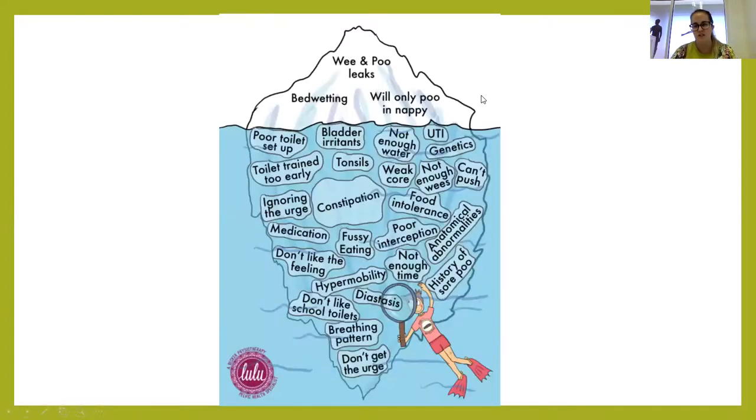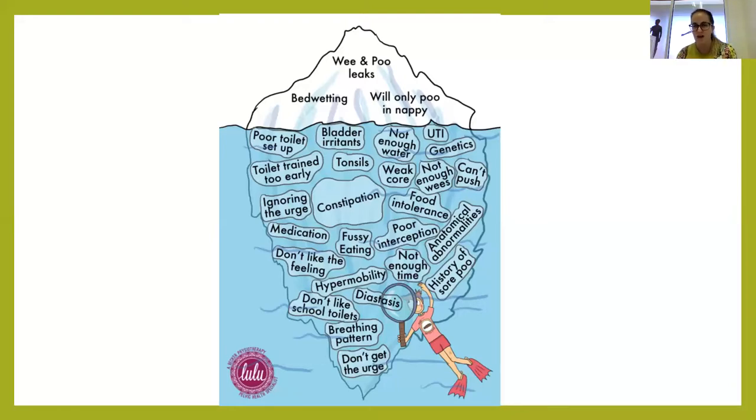So with constipation, we like to look at this iceberg in order to explain it to you. Normally a child comes to me with their parents saying they're incontinent, they're having some leaks or issues with poo leaking, they're wetting the bed, or they'll only poo in a nappy. But what we as therapists look at is all these other issues that could be causing this. So you're coming to us with the functional problem, and we come in and